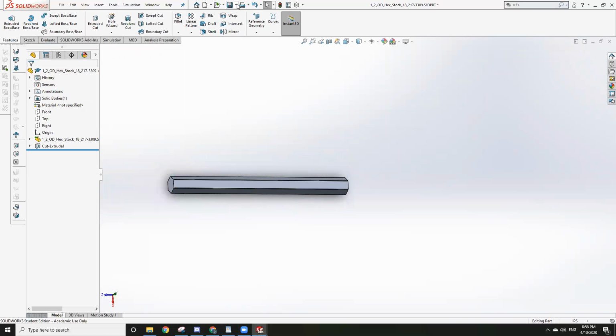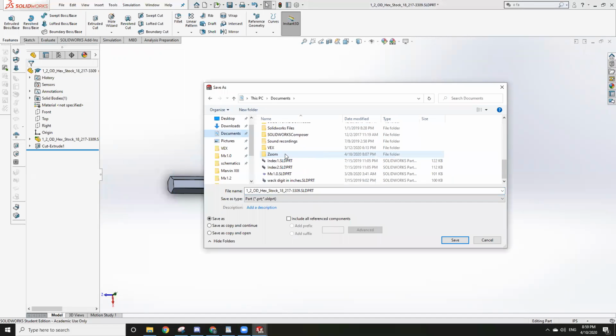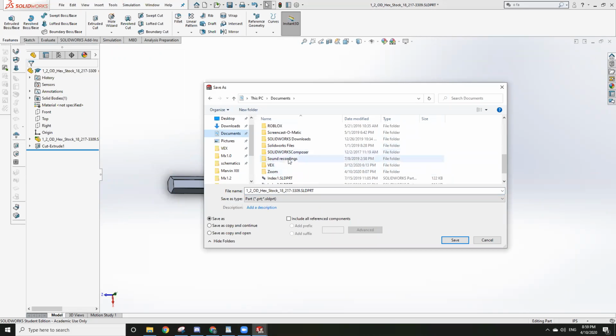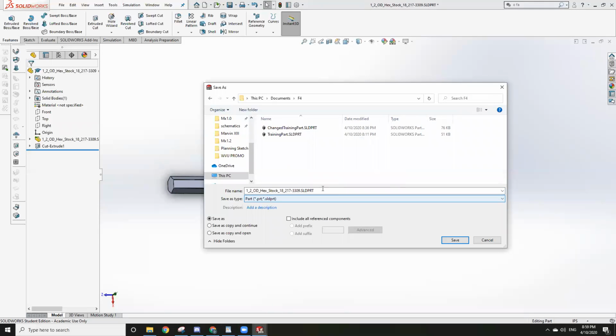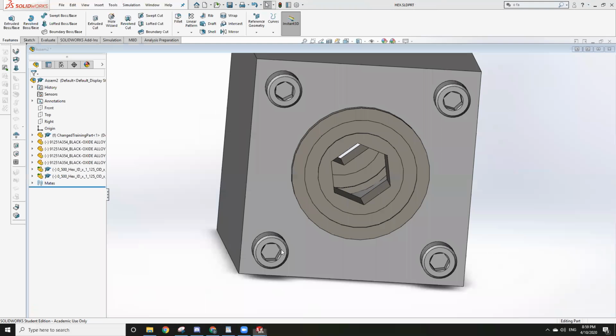All right, so we're going to save this. Save as. We're going to do it in documents. Where did I put it? I put it as F4. X. All right, now that we have X,